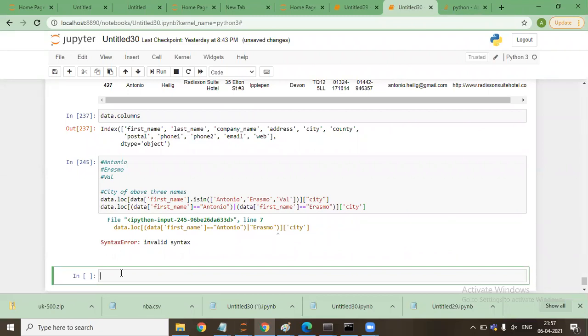Okay. And the second doubt, sir, is about putting the square brackets and the round brackets. Whenever we are accessing the column names or the row names, we put them in a square bracket, and data first name dot is in is in the round bracket.